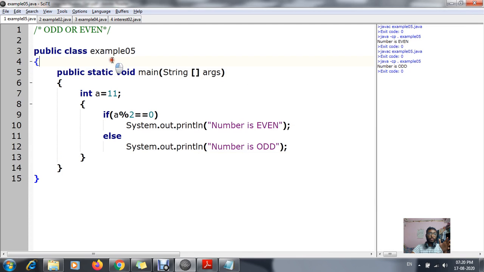Now for today I will be explaining one program also: the odd even program, for finding out whether the given number is an odd number or an even number.